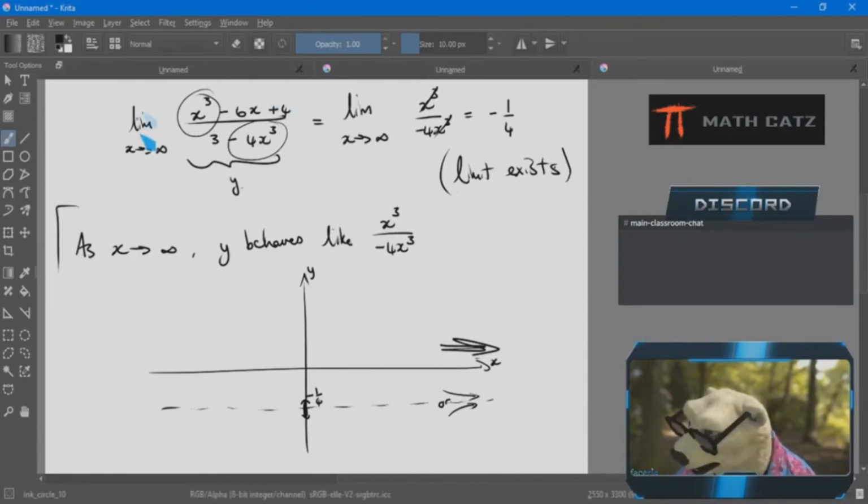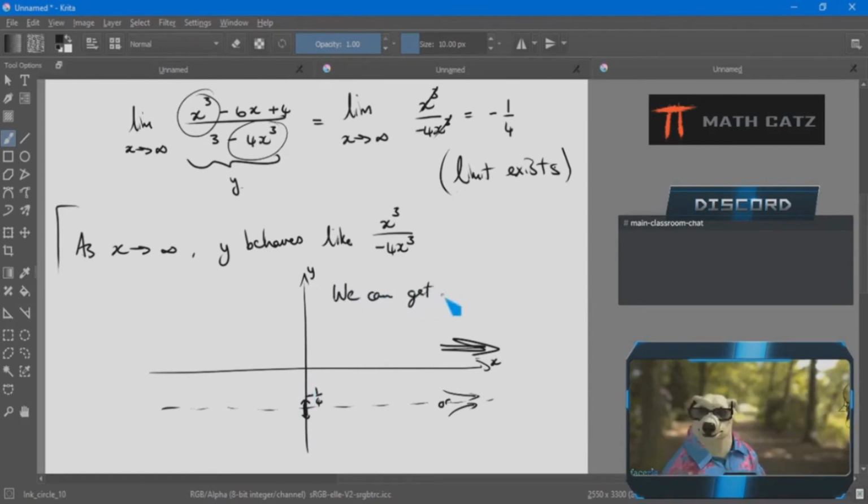And by identifying it as a rational function in this case, we've been able to figure out, yes, it's going towards negative 1/4, stable. The further you go, the closer it's going to get. So I want to emphasize that. We can get y as close to negative 1/4 as we want